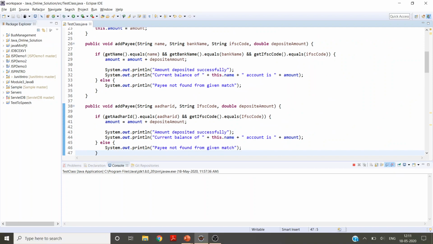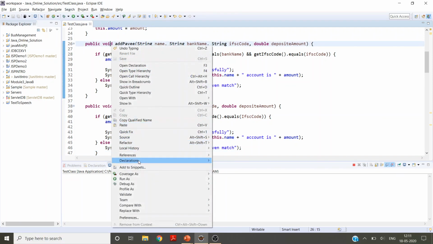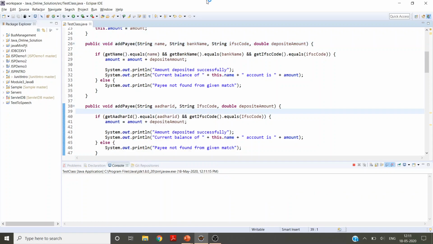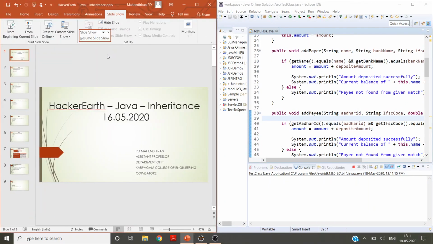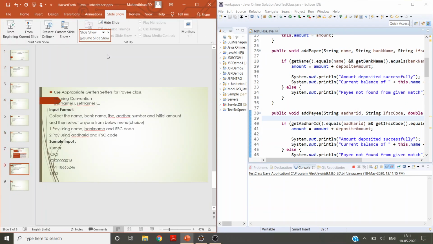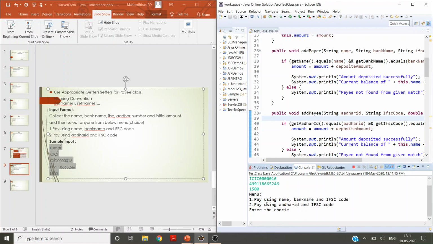Let me run the code. I'll enter the sample input. It asks the user to type either option 1 or 2. I'm going to type 1.